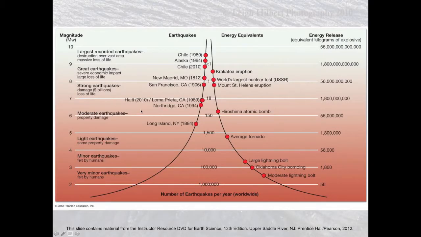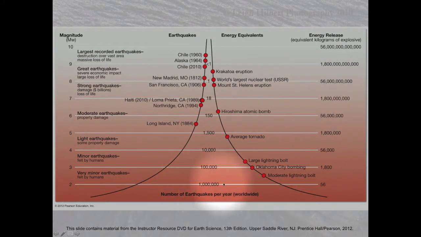This graphic shows the number of earthquakes per year of varying intensities. You can see there's almost 1 million earthquakes per year down at the low intensity of 2. You don't really even feel those. Very, very minor. They're rarely felt by humans down here. They can be similar to a moderate lightning bolt that shakes the earth. A large lightning bolt, on the other hand, as it vibrates the earth, has an intensity upwards of 3. Also minor earthquakes, lots of them occurring, 100,000 to 10,000 per year.